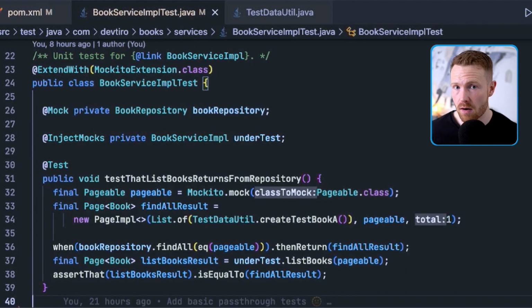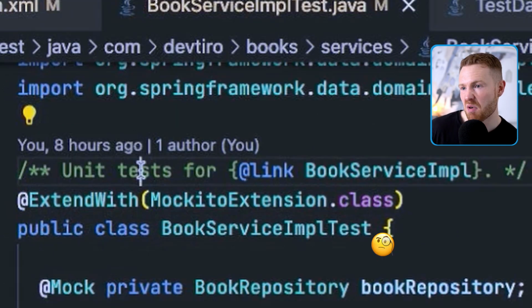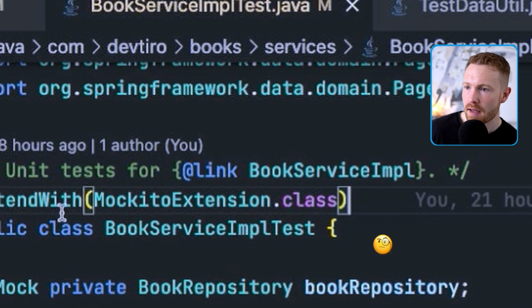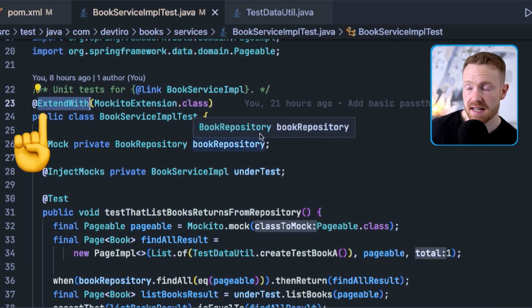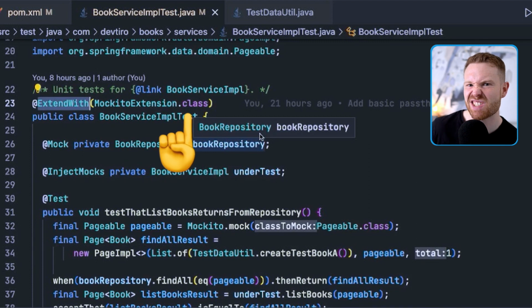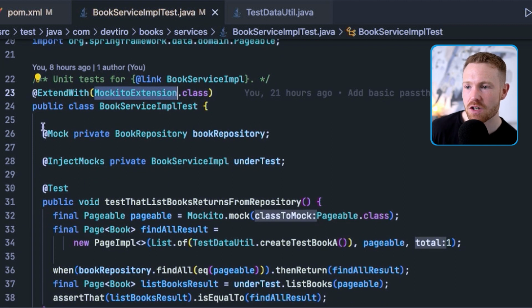We're going to mock them out, and we're going to do that using Mockito. So if we take a look up here, we can see the first setup in Mockito. Bar the comment, which is a very helpful comment, we've got this ExtendWith. So this is JUnit 5. We use this ExtendWith annotation to extend what JUnit 5 can do. And in this case, we're extending it with the Mockito extension because it allows us to use this lovely little